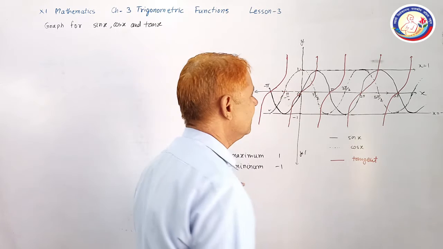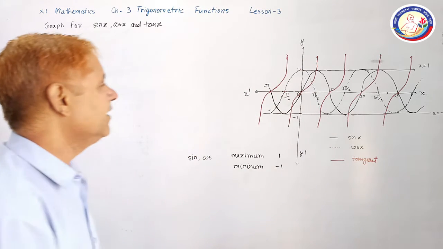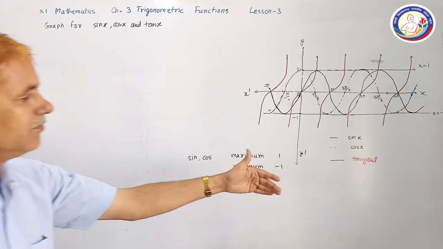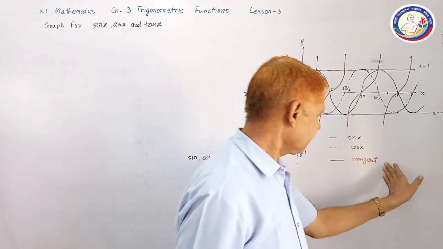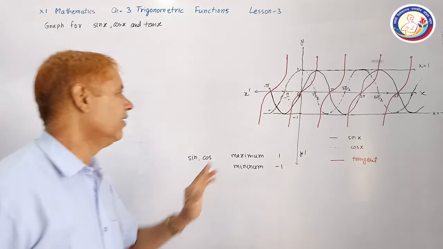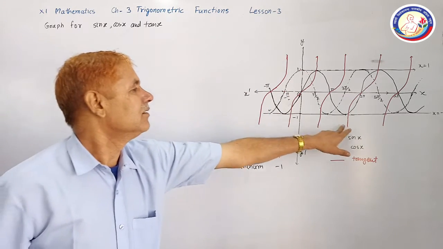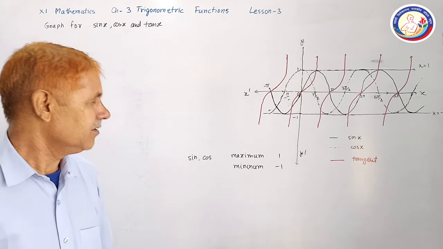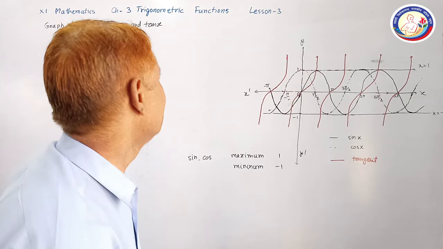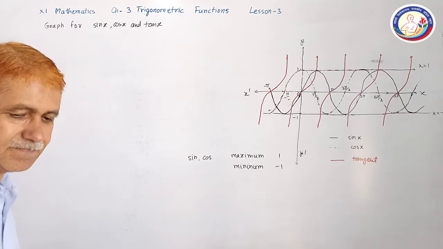So by the graph we can understand the variation in the values of sine, cosine, and tangent, and similarly from your textbook you can understand the pattern of cosec, sec, and cot. Cot is just the opposite of tangent. Now we solve some questions related to the values of angles in different quadrants.